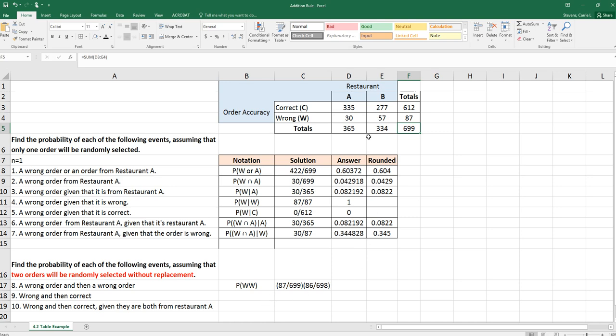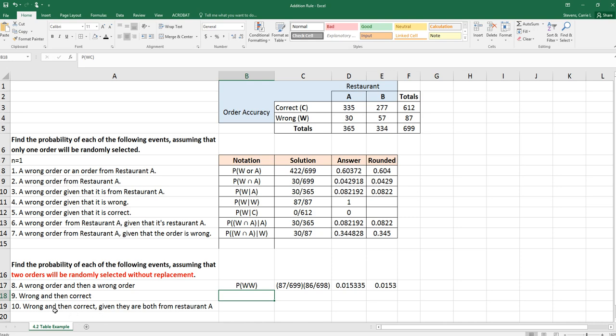And out of that, how many were wrong? 87. And then for the second event, though, we're doing this without replacement. Therefore, I now only have 86 wrong orders out of a total of 698, one less on both of those. Right, so when you do the math, you multiply these, you'll get this answer, which rounds to 3 significant digits,